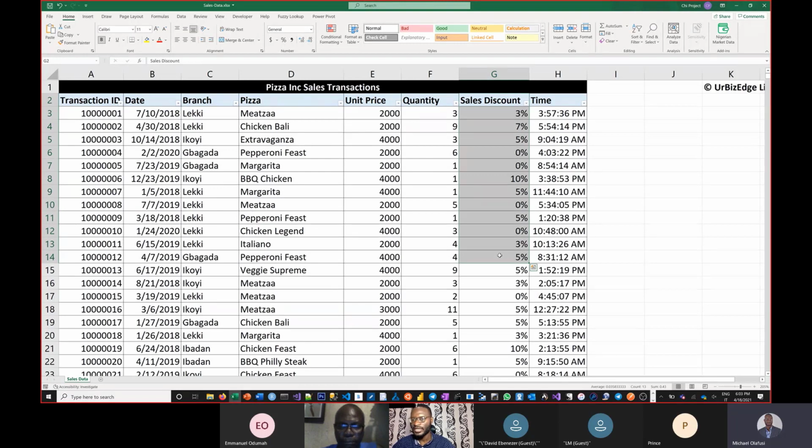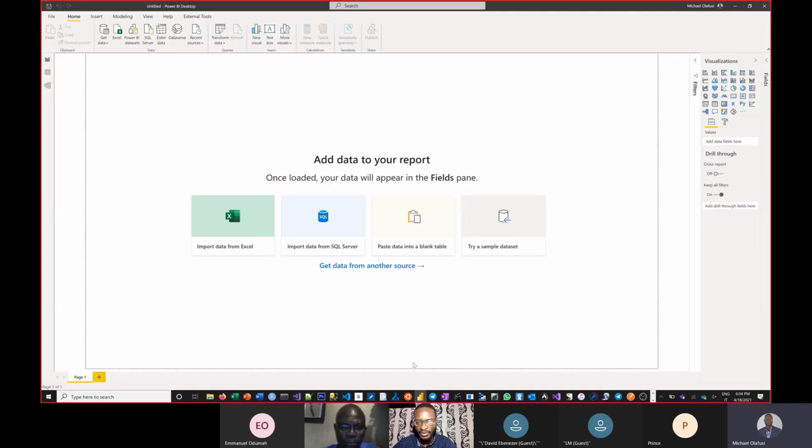Some people are maybe not eligible for discount, some people are eligible for discount. When you are eligible for discount, we put the discount. When you are not, it's 0. And the time the sale was made, right? So this is the file that I'm bringing into Power BI that we're going to use together to practice formulas,